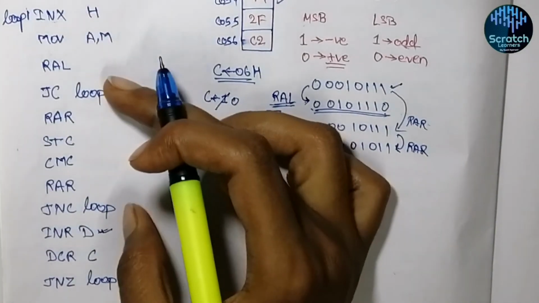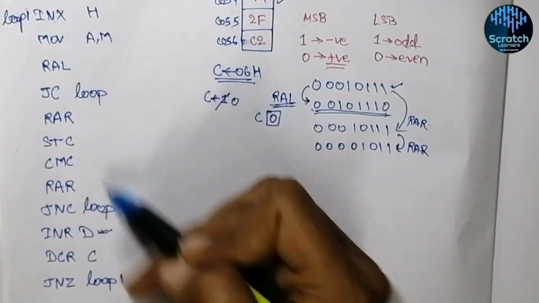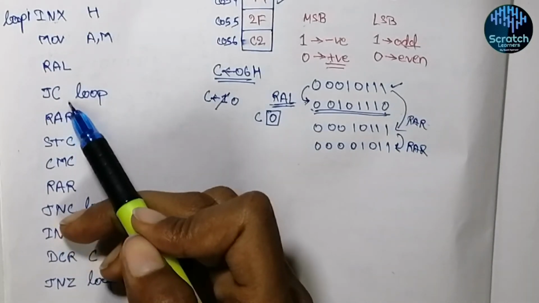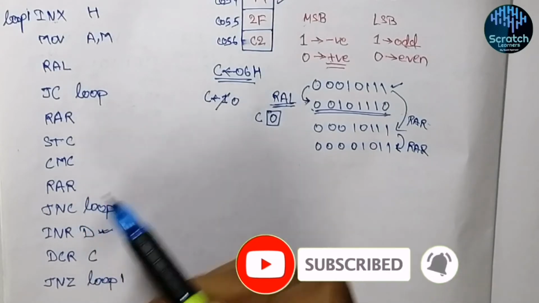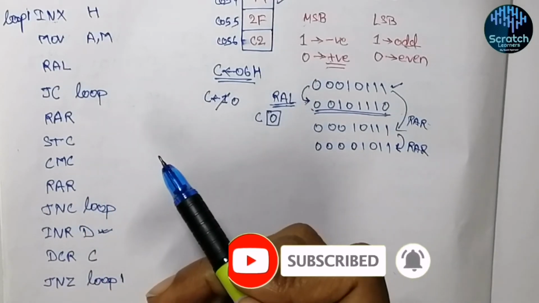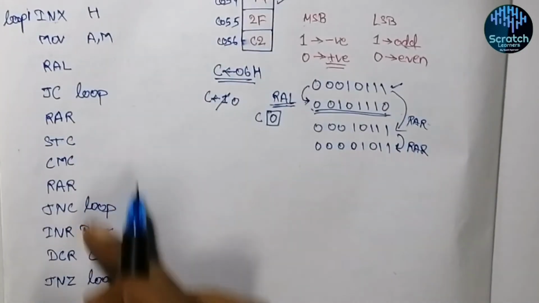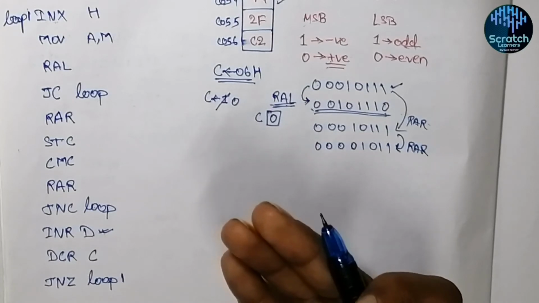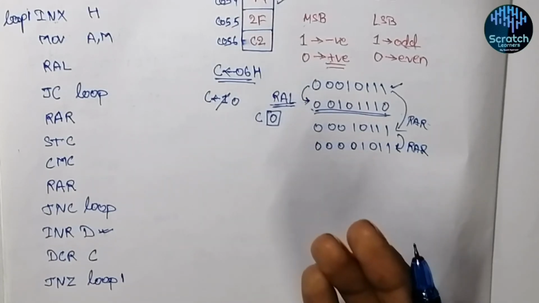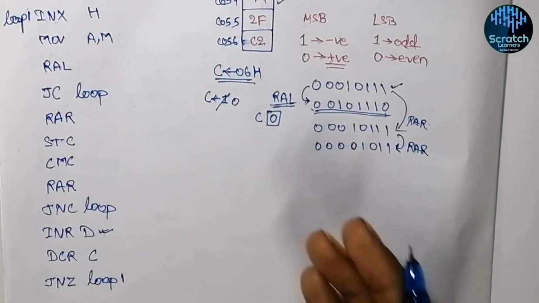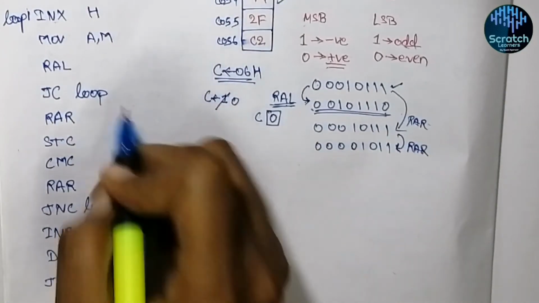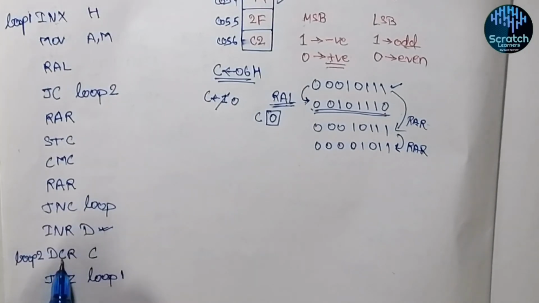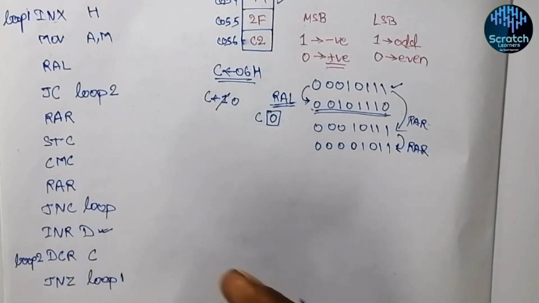Here we have not written the control of these two loops. So this is the JC loop for a positive number. If the number is positive, then these statements will be executed. But if the number is negative, then we don't need to execute these statements. When we know that the number is negative, we don't need to see whether it is an odd or even number, because we are not going to count that. So from here, this loop control will go to here, where we will decrement and move to the next element.